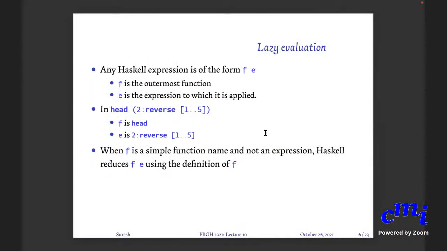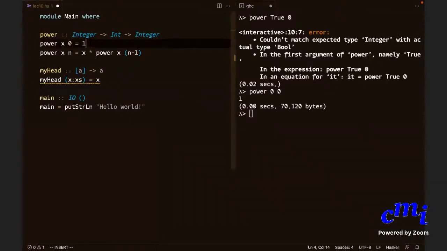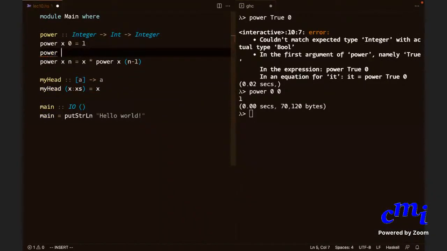Okay, fine. Question. Yes, Anand, what is the question? Suppose you specify another base case, let's say where n is equal to 1, you just let it say x, in addition to the base case with n equal to 0. Does the interpreter check the base cases in the order in which you define them? Yes, it will check them in order. Because, for instance, if you do power x, yes, I understand your question.